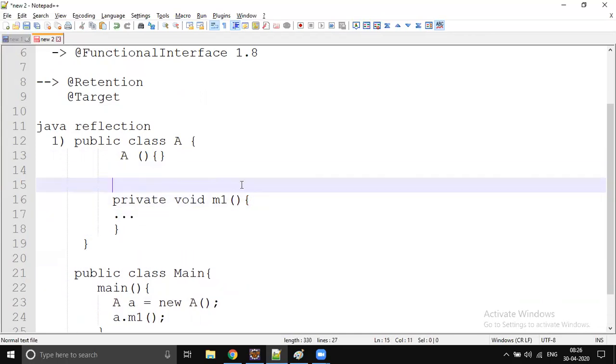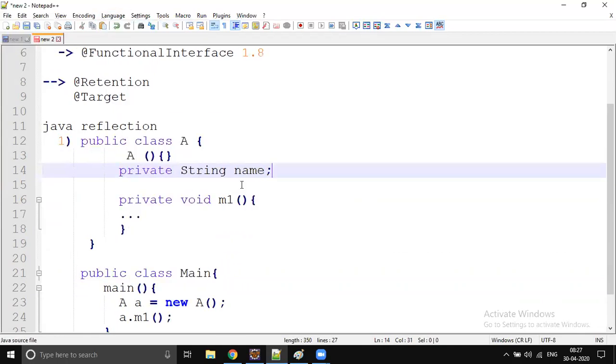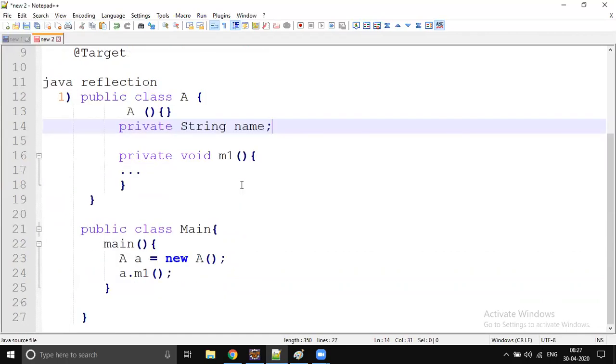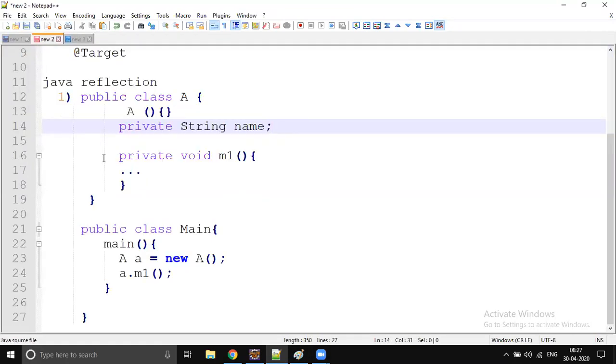Not only this, you can also access any private fields, for example, private string name. Any private field can be accessed. But this is against Java encapsulation, so we lose the benefit of the OOPS concept, encapsulation. You can break encapsulation using the Java reflection API. Using it, we can do anything. The restrictions we have in Java can be reduced by using the Java reflection API.